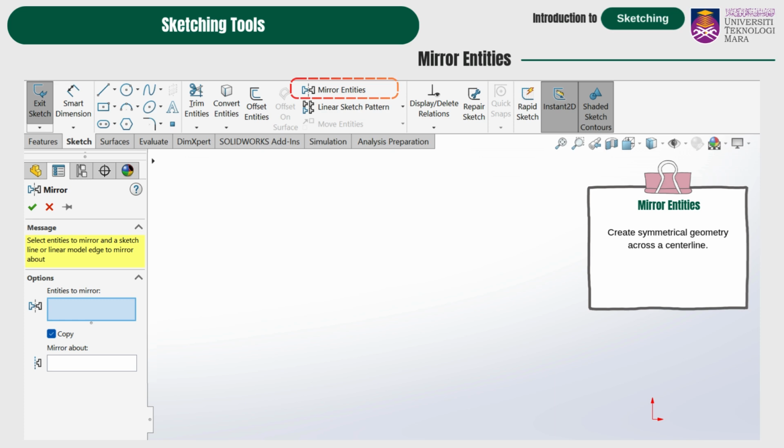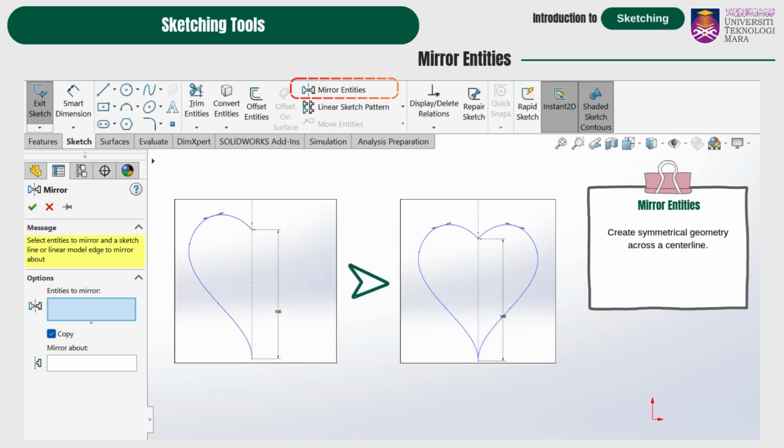any straight reference line. If you look at the example here, on the left we've drawn just one side of a heart shape. We also have a vertical center line running through the middle. This acts as our mirror line. When we select the original curve and the center line, then apply Mirror Entities, SolidWorks automatically generates the opposite side,